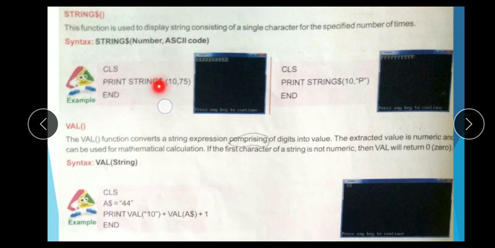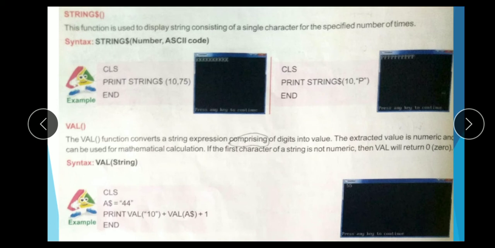Example: PRINT STRING$(10, 75). The ASCII code of K is 75, and K is represented 10 times. Another example: PRINT STRING$(10, "T"). T is represented 10 times here.